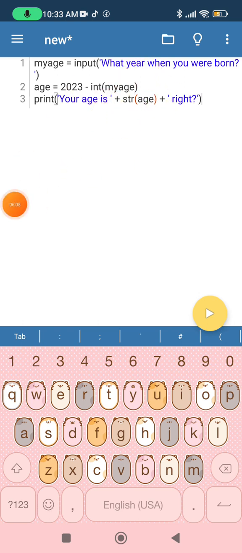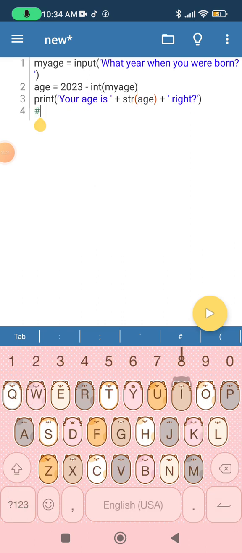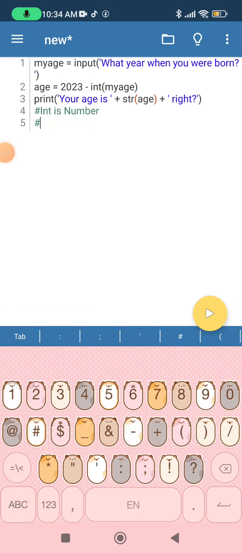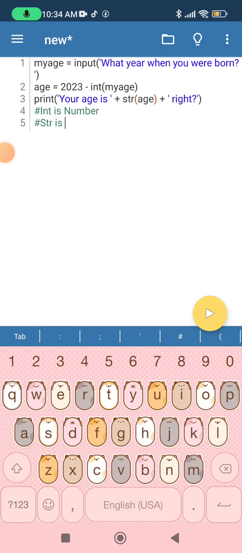We want to add strings and strings. We want to subtract numbers from numbers. So we will concatenate them or turn them by using int. So again, int is number, string is string,